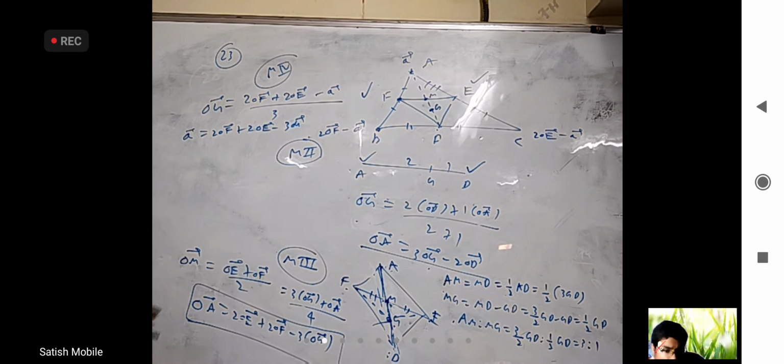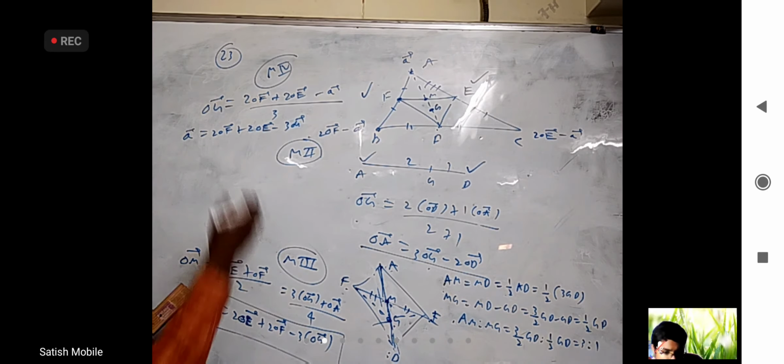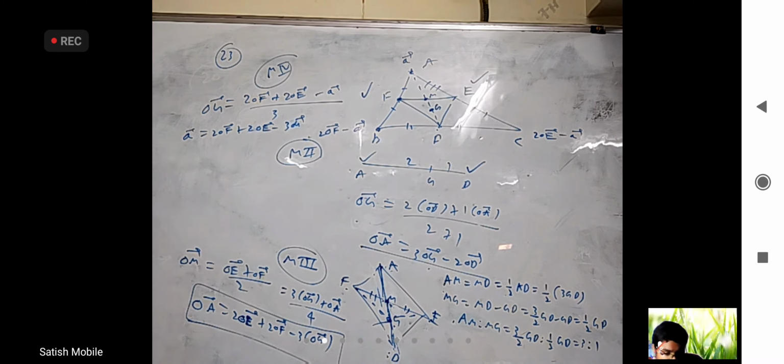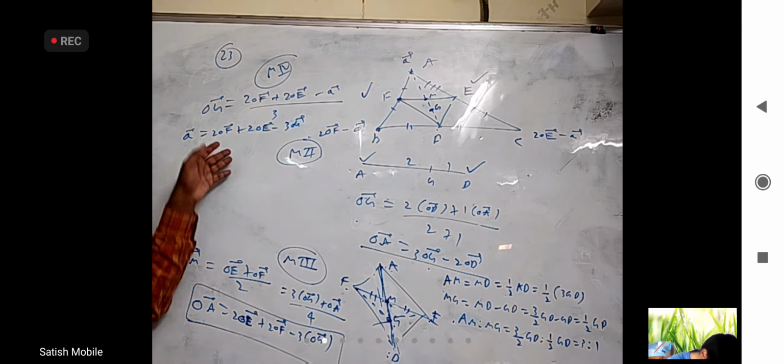So in the question, what is given to us is OE, OF and OG. Just substitute, you will get it. Same thing here also. I am just giving different alternatives. Somebody wants to write, you can write it. If anybody has any doubt, you can ask also. And I prefer method 4 over anything else. It's quite easy compared to anything else.